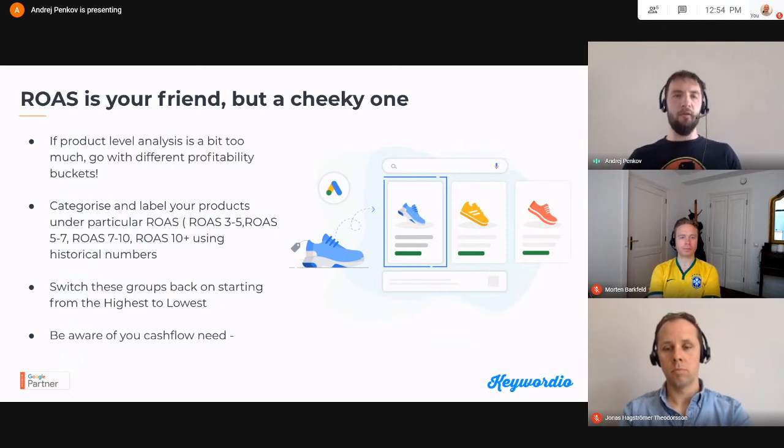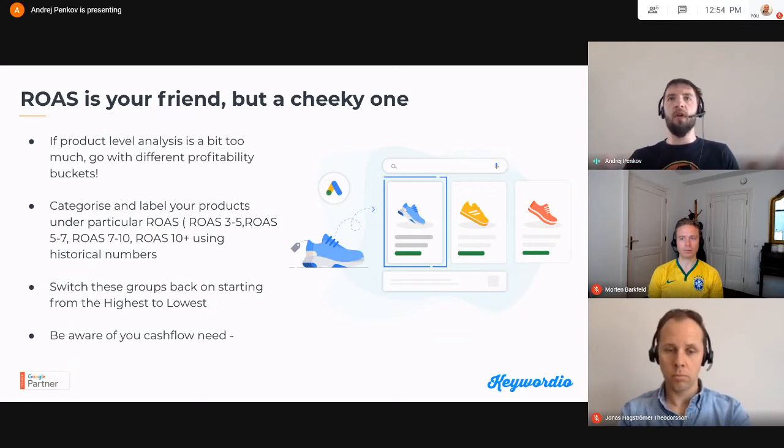So what we advertise and what we promote is more of a bucket approach. And by bucket, I mean, if you have the capability to sort your products into different profitability buckets, you should totally do that. Here in this example, we illustrate different shoe types. If you're selling shoes, I'm pretty sure you know that your sneakers would have a profitability of X, your city shoes a profitability of Y, and your runners a profitability of Z. It's one of the ways to look at your portfolio and think of what you should be focusing on when you cannot focus on everything.